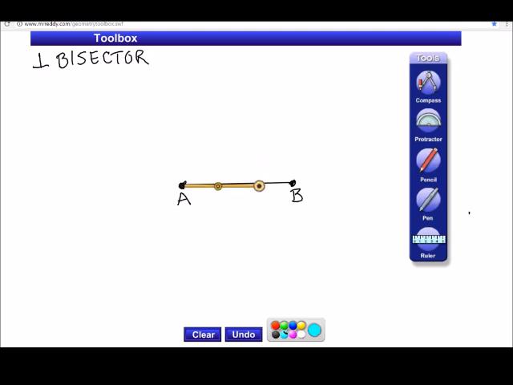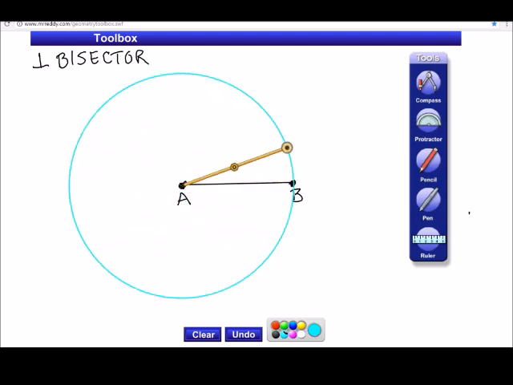It simply has to be greater than half of our segment because our circles need to intersect. But let's give it a shot at using it as the length of our segment. So I'm going to draw my first circle, and then I am going to move it over to the other point, keeping the same length, same compass setting. Draw my other circle,